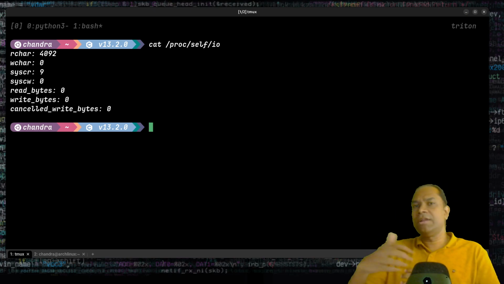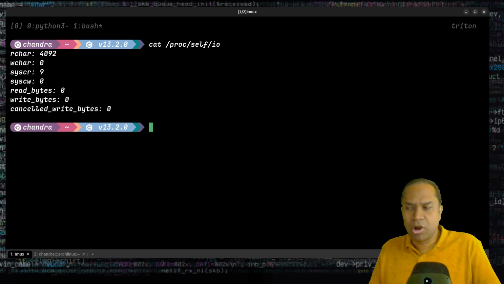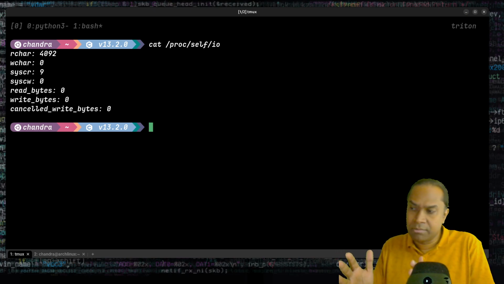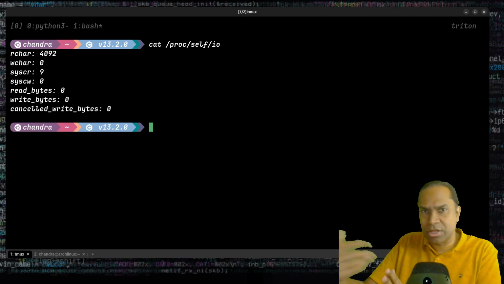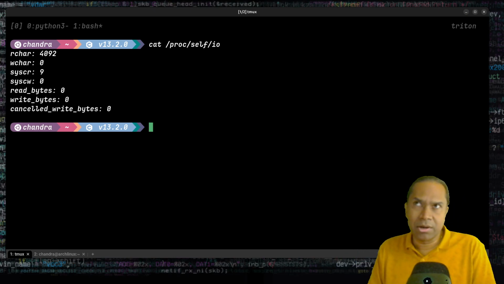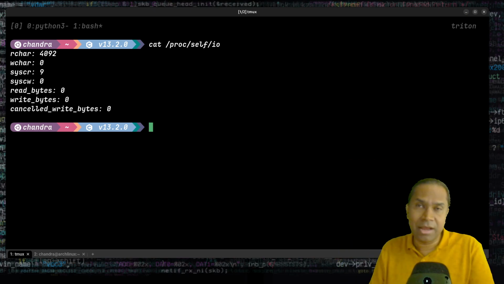When you do frequent disk IO operations, like frequent write operations on disk, all the write operations are sent on a block queue, right? So if at all you have a pending write on the queue, and a newer write would be superseding the pending write, the old writes on the queue could be cancelled out. So how many cancelled writes there are is represented by this cancelled write bytes. So all of these details you can see right here in